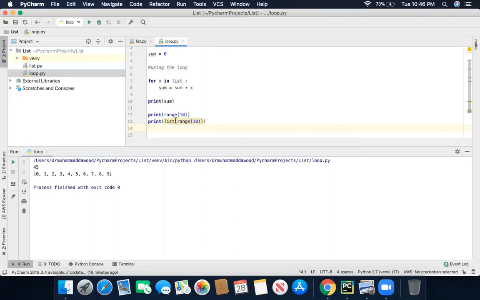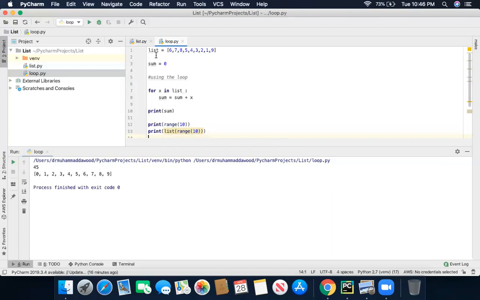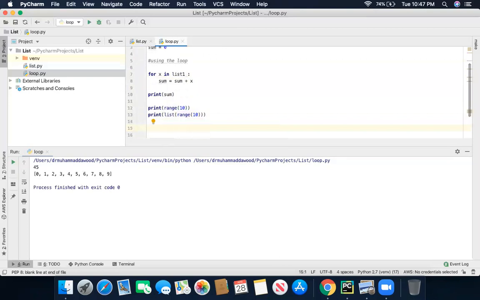Right now we are dealing with the same list, and it says list object is not callable. So what we do is make this list a list one, so we can have this list to print our numbers. Got it?